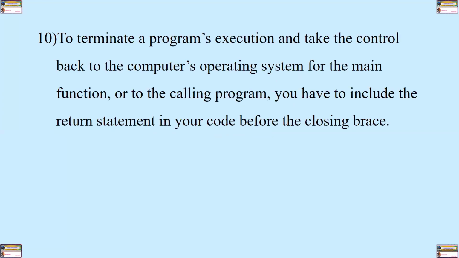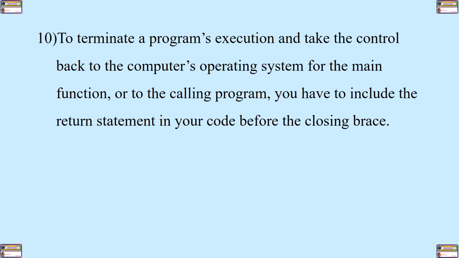To terminate a program's execution and take control back to the computer's operating system from the main function of the calling program, you have to include the return statement in your code before the closing brace. My dear students, what this statement means is that whenever you are writing your C++ program and you have the main function, which of course controls how your program is going to flow,